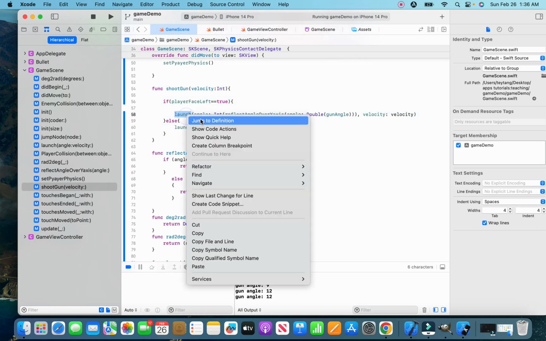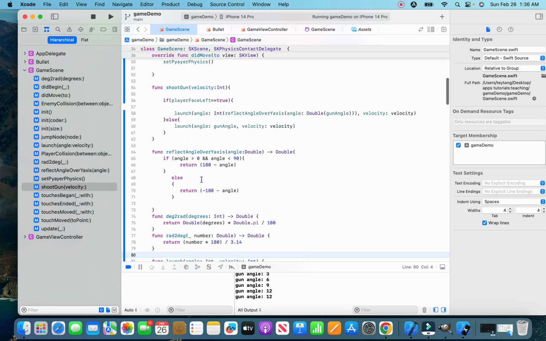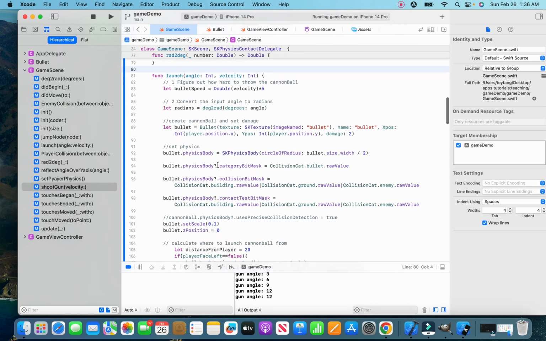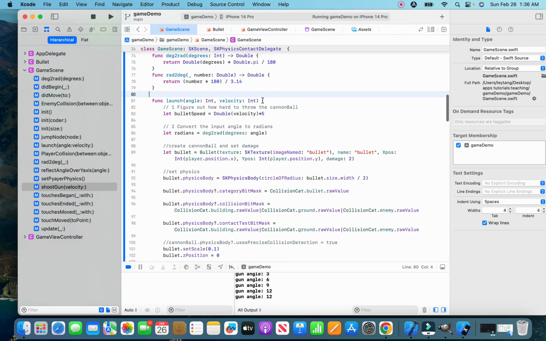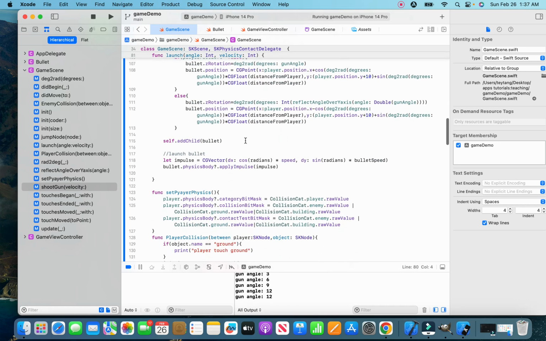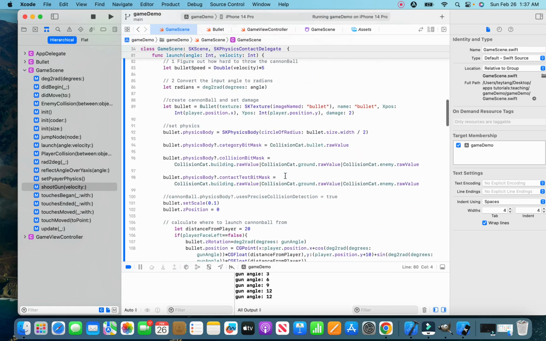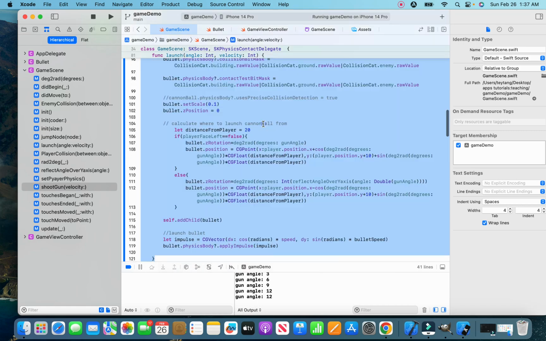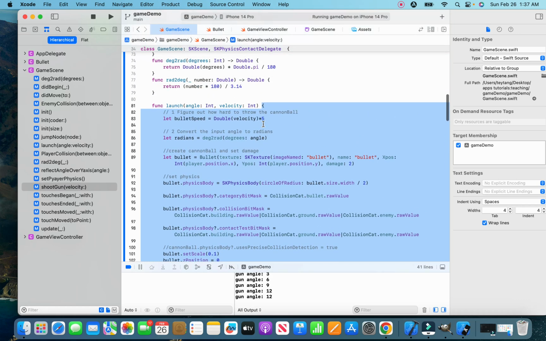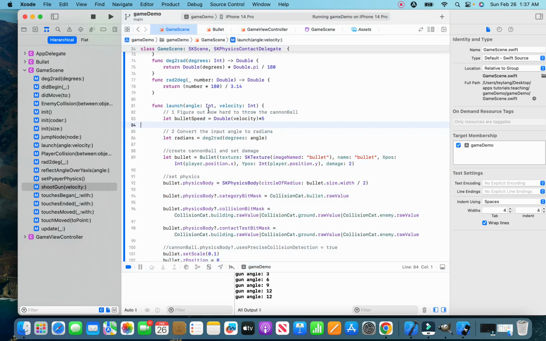And then also have this method called launch. Launch is down here. So launch simply does two things. First, it creates the bullet, and then it applies an impulse to the bullet, so the bullet is being projected in that direction, right? So what we want to do here in this launch method, if you can see right here, the first thing we want to do is